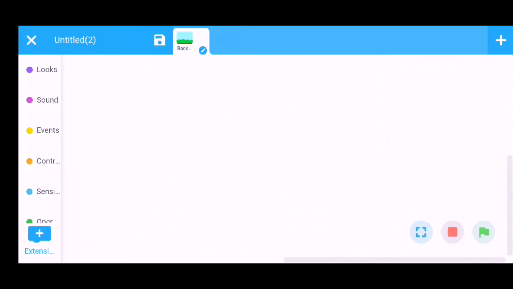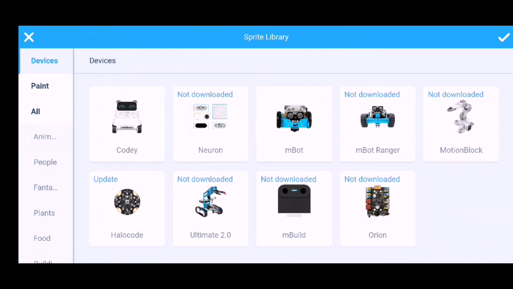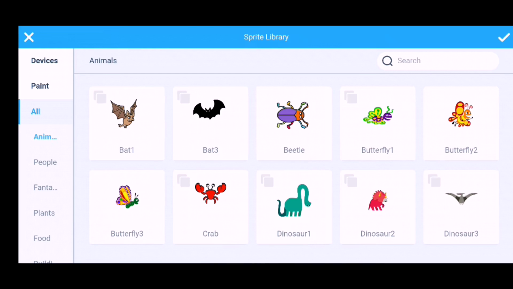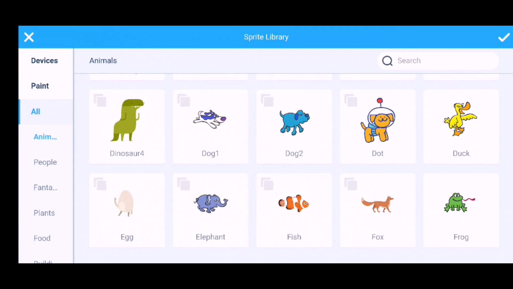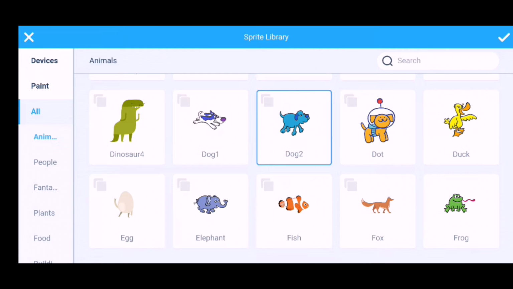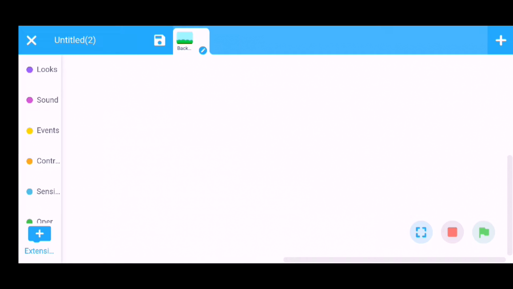Now go back, add a dog sprite. To add the dog sprite, click on this plus sign. Then go to the animal section. Choose this dog sprite. You can choose any sprite here. I will choose dog here.